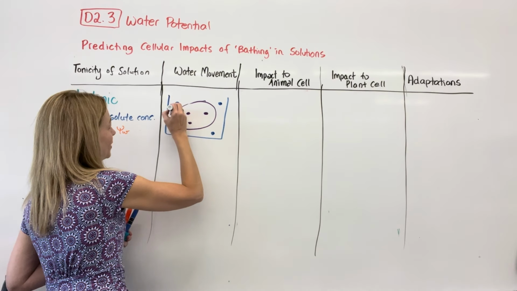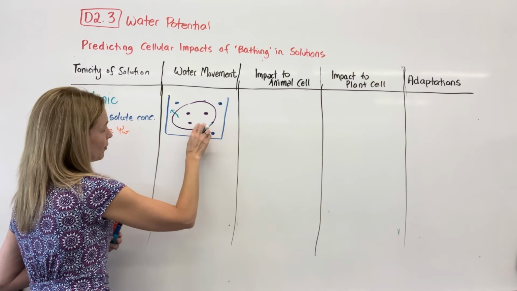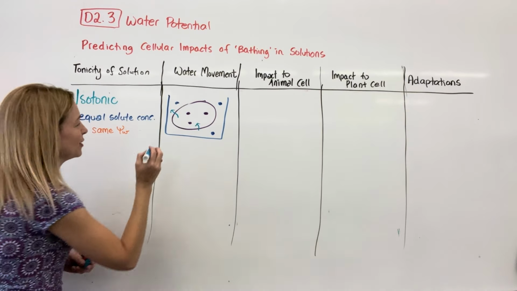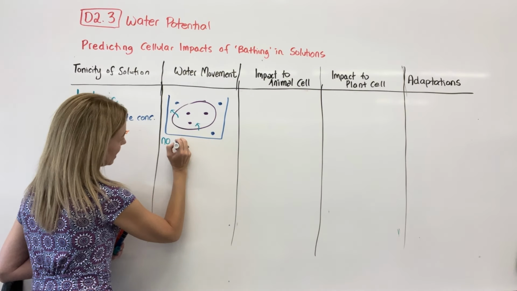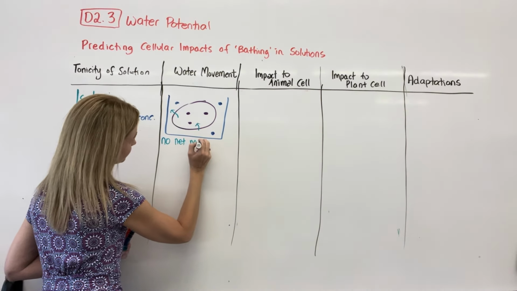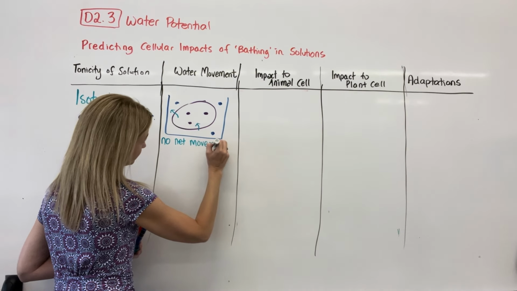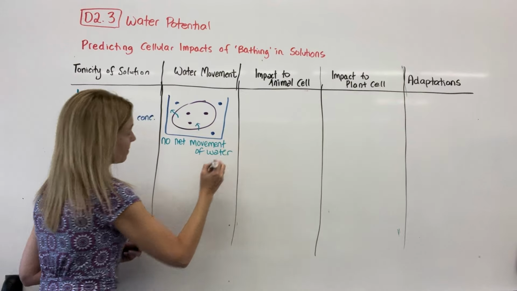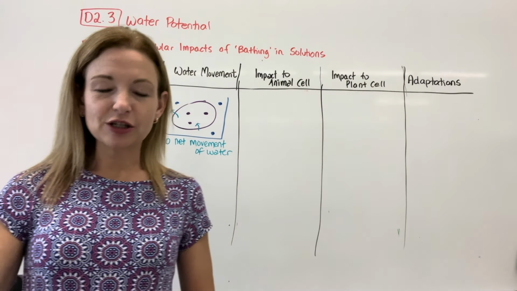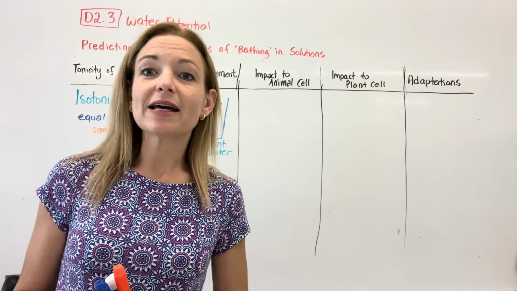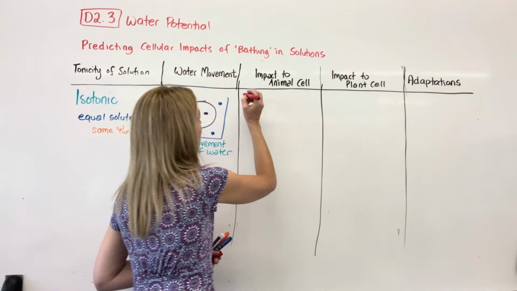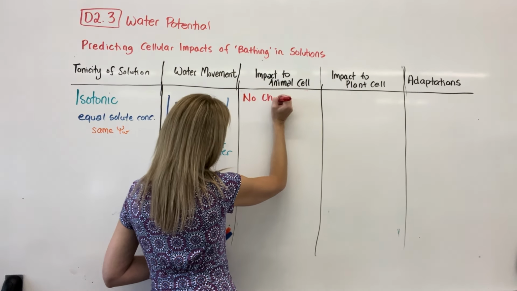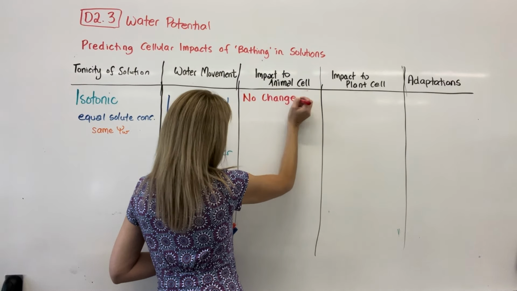So there'd be like one coming in, one coming out. Whoa, they both went out, sorry. There. Okay, so the phrasing we use for that is no net movement of water. So as a result, there is no change to the cells, which is ideal. So our cells ideally do not want to be shifting and swelling and shrinking and all of that. So there would be no change.